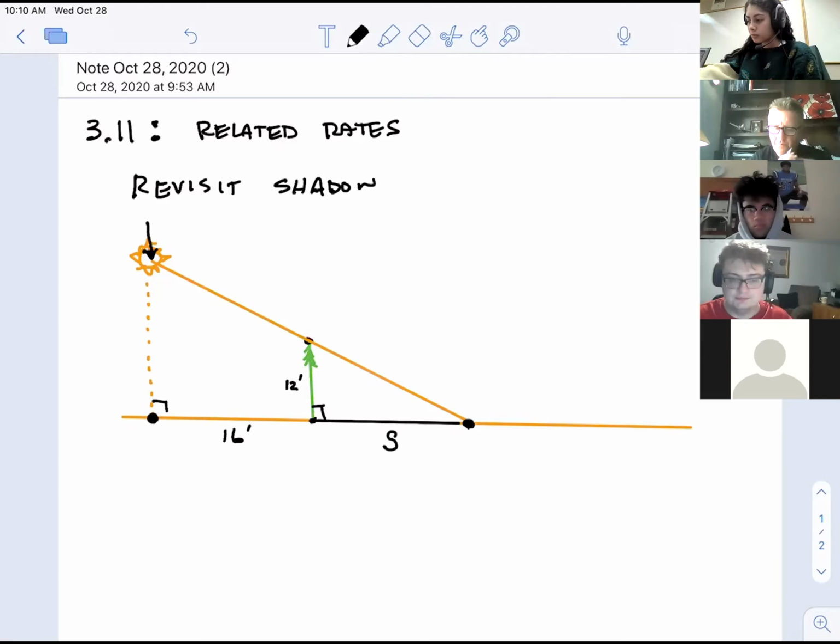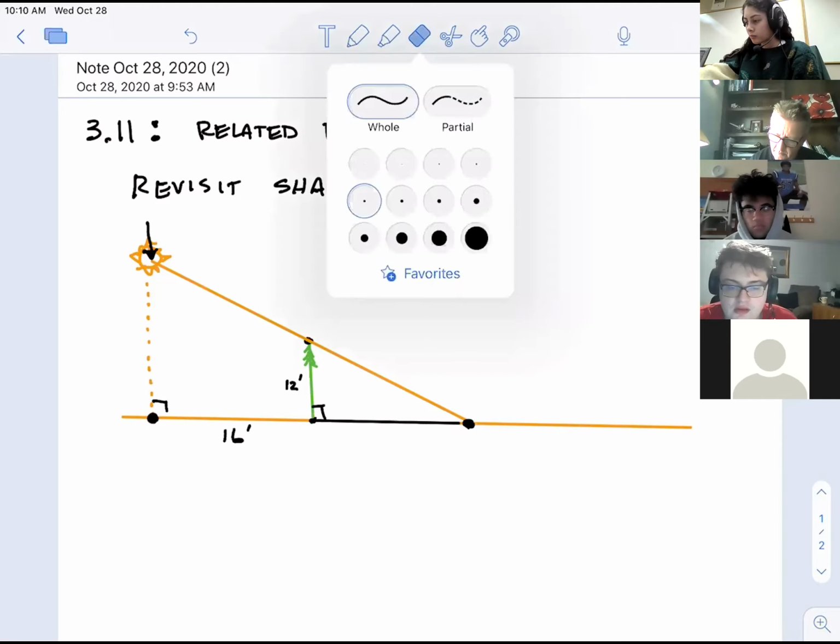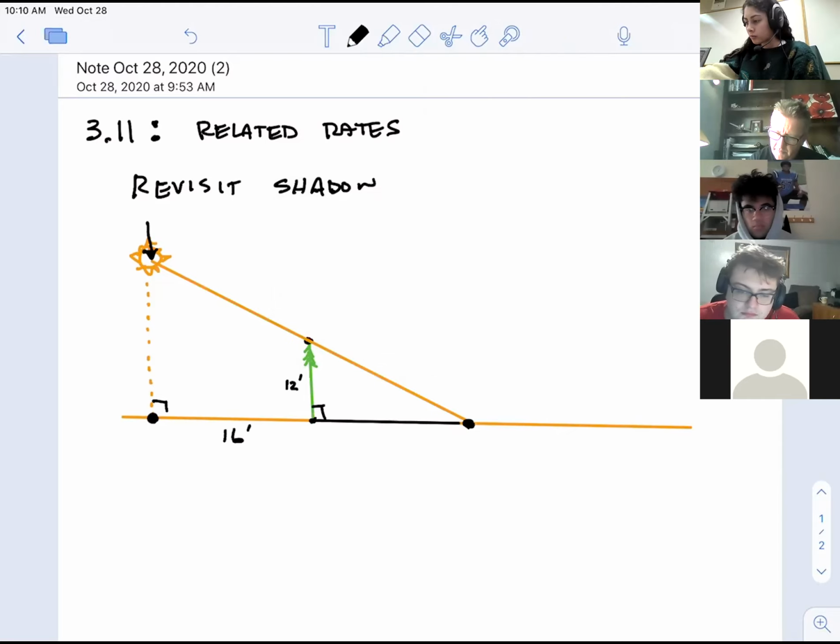If I do, what happens to the sun if I tell you that this distance over here, please understand this because it's really important, if I told you this length over here is like 14 feet, what does that tell you about the sun?